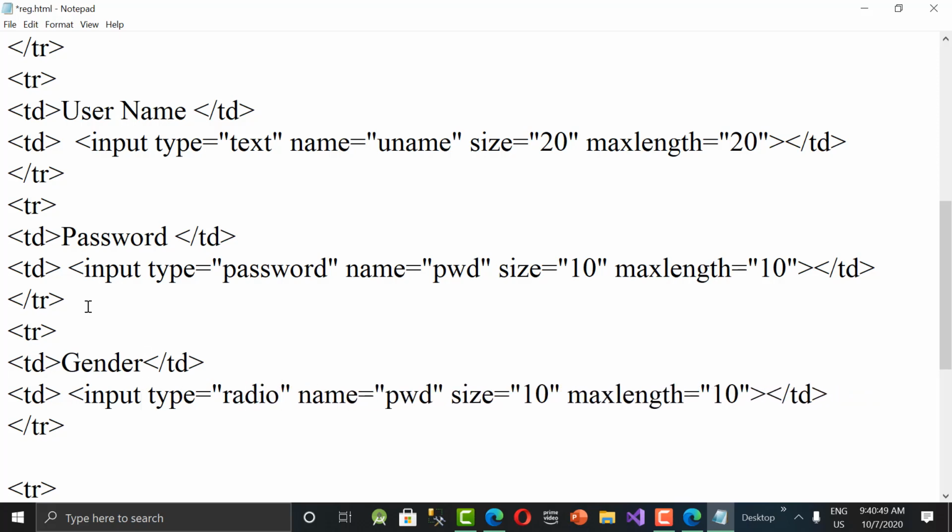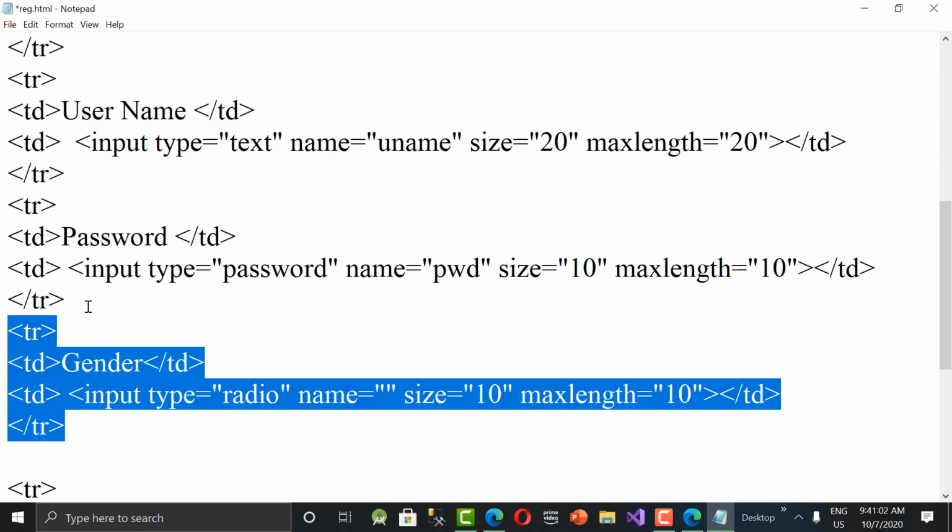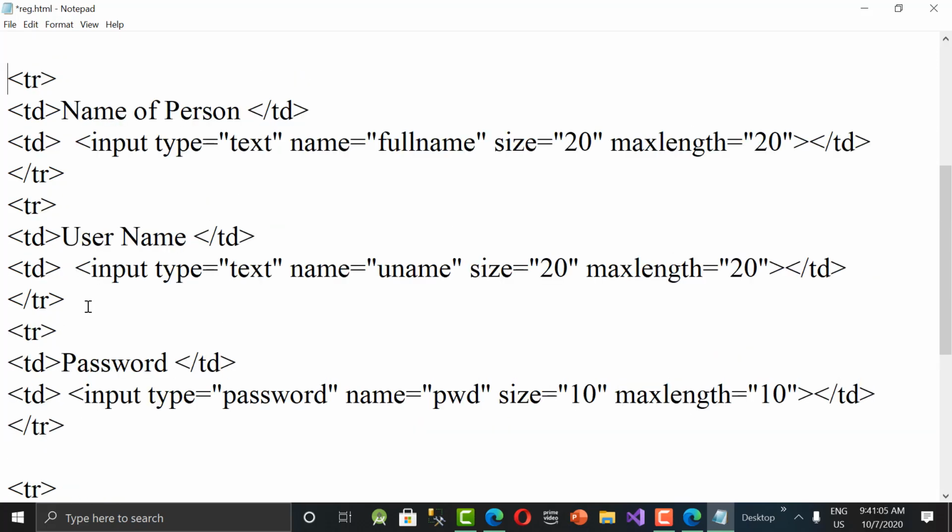Radio means radio button. It can be anywhere, it's your wish. Let's give it before the password. Yeah, that is the best way. Let's cut it and place it after the username, after the name of the person. Yeah, it's a good idea.